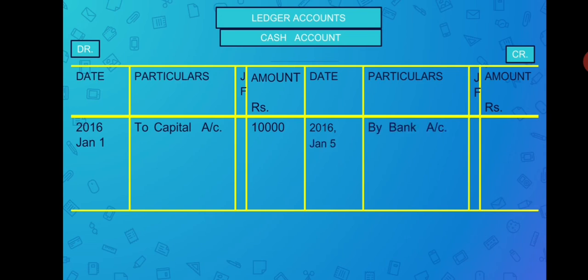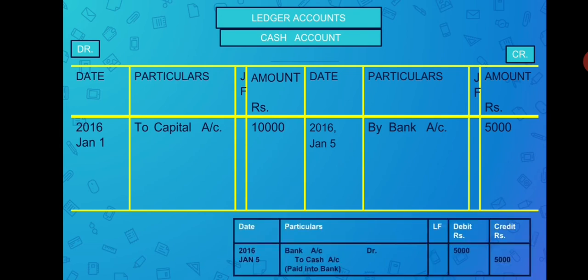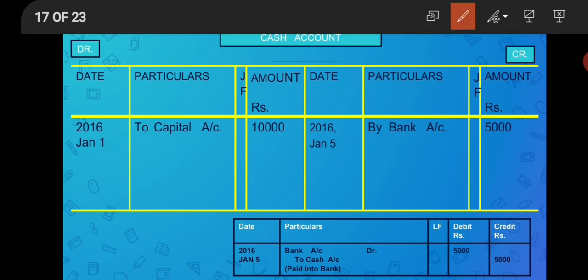January 5th. So by bank account, the amount is 5,000. Okay. So cash accounting enna irukku, cash account வந்து credit ஆயிருக்கு. So credit side நம்ம entry பண்ணணும். Write the date and year, and since it is credit side you want to begin with the word by and then you want to write the debit account, that is bank account. Okay. So next